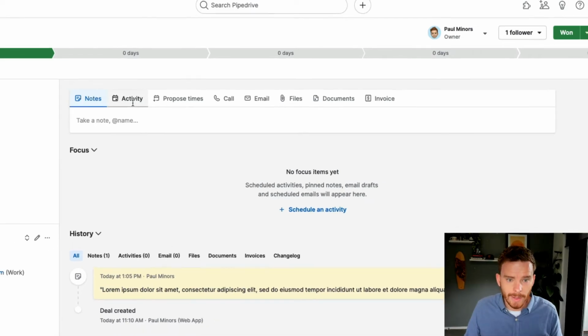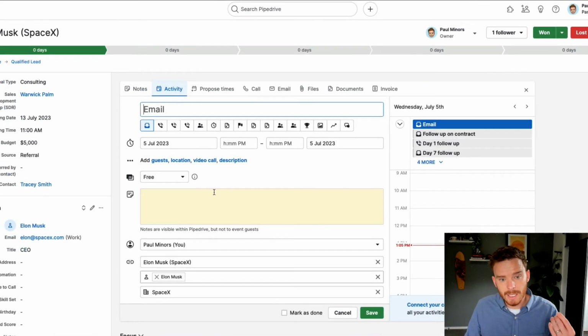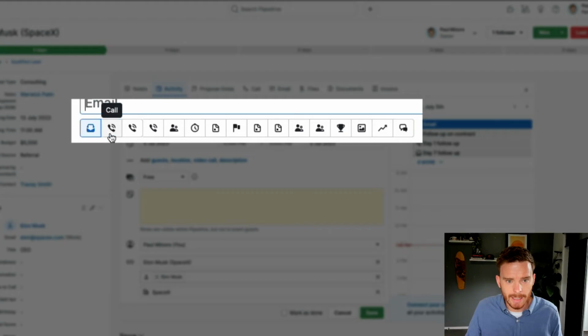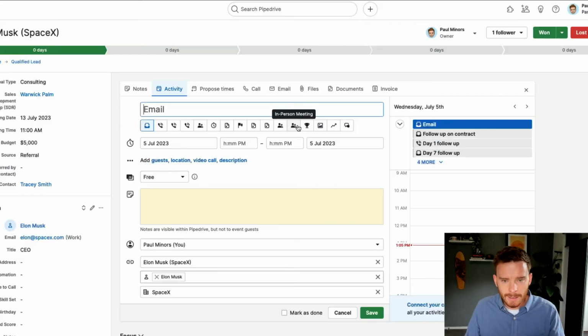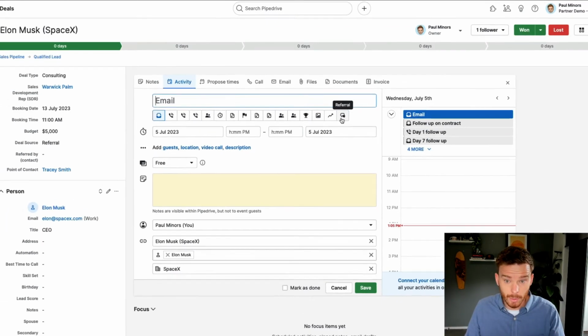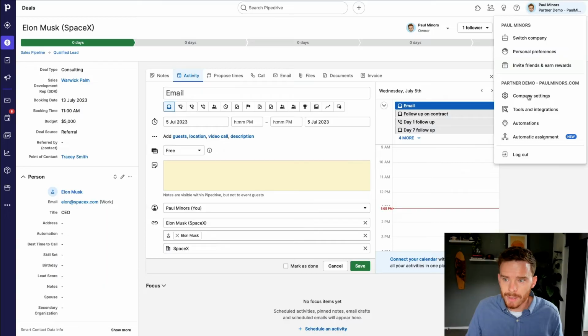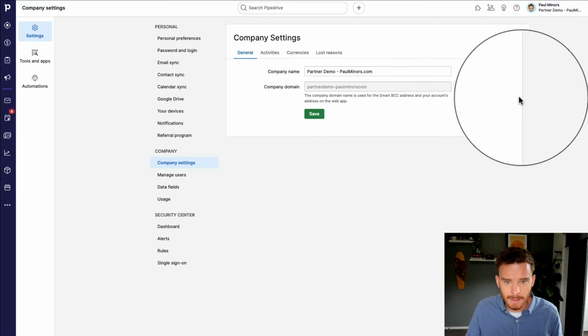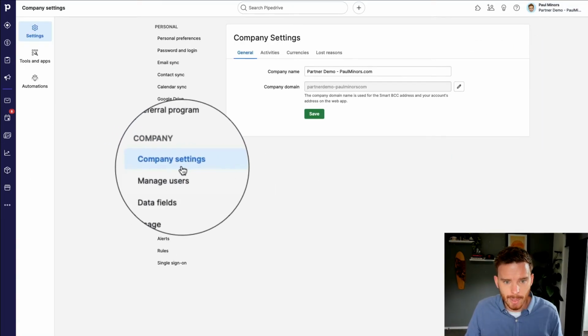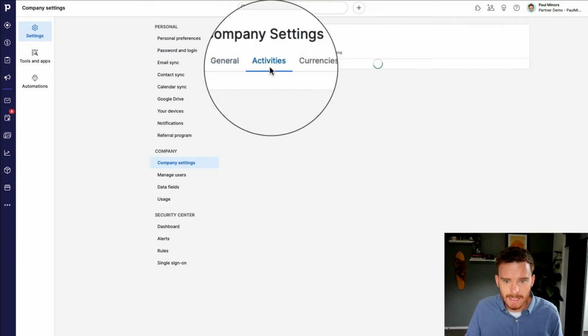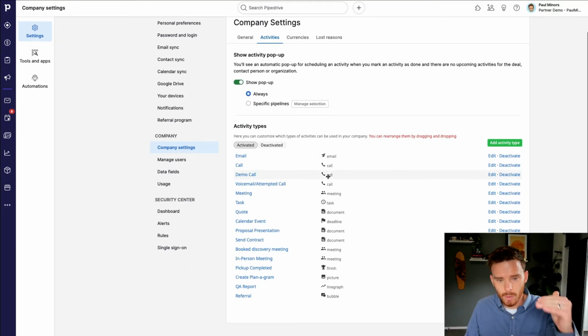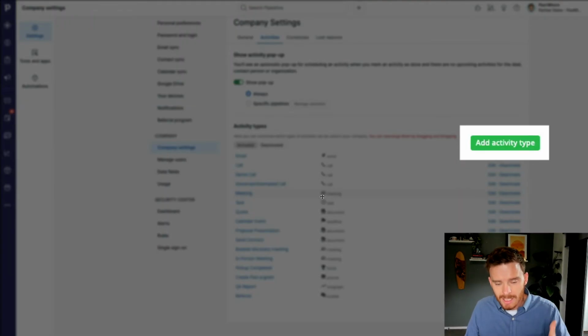I can also, on the Activities tab, schedule activities for what I need to do next. And we have various activity types, so I've got email, call, demo call, voicemails, and so on. Now, you can customize these activities to your sales process by going to the company settings, and then on the company settings tab here, go to activities, and here is where you can set up new custom activity types